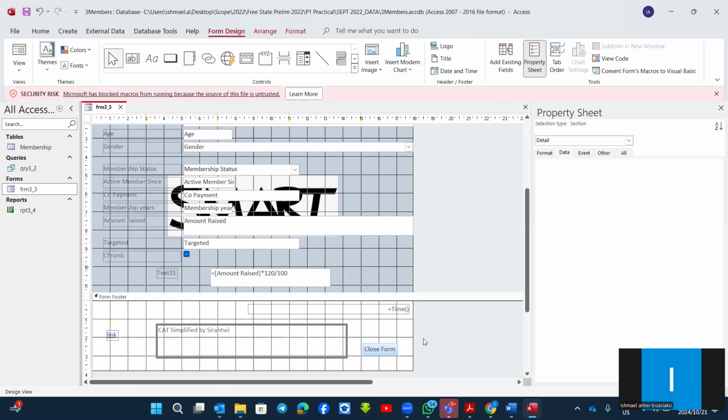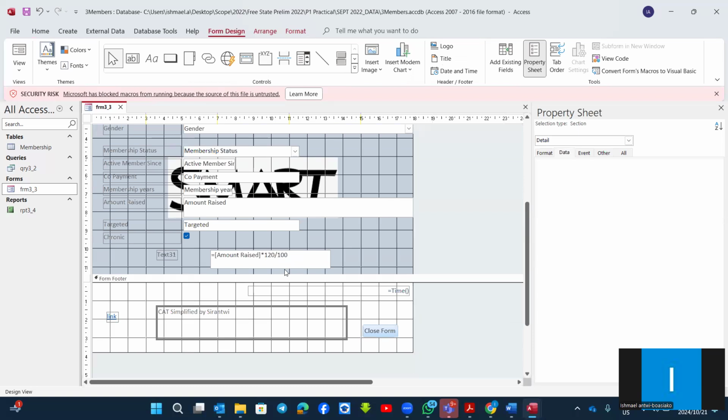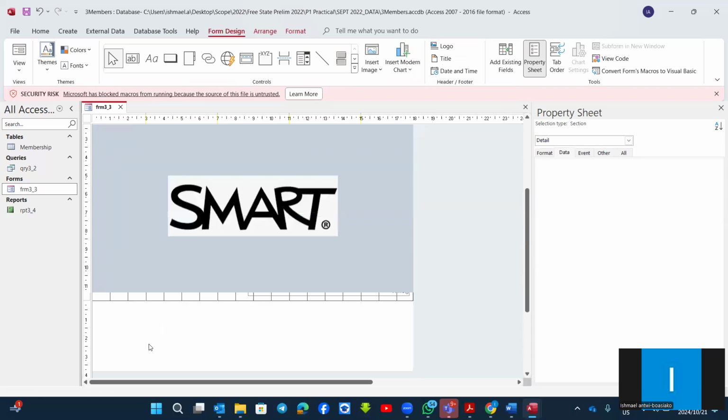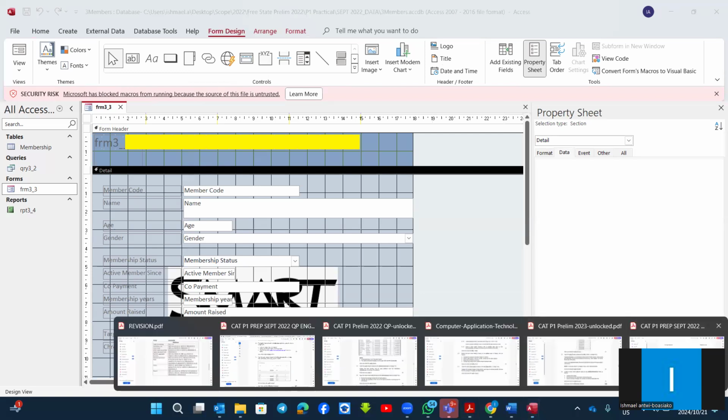And then action button, watch out for this, how to do calculations. It can be if statement, can be any calculation. Even sometimes they can tell you to put it in the footer as well. Good. Now, we move straight to report using the same